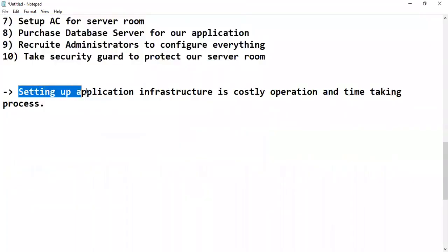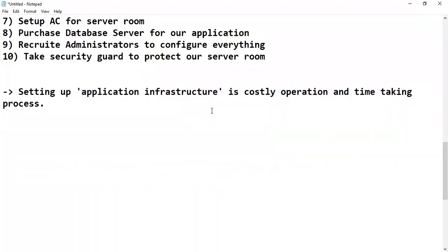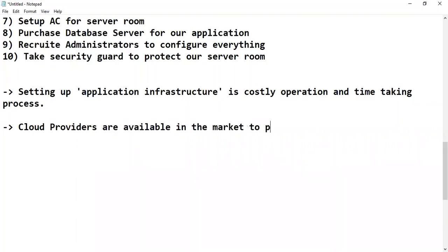Now, setting up application infrastructure is a costly operation and a time-taking process. Cloud providers are available in the market to provide infrastructure for rent. What is the business of the cloud providers? Cloud providers are available in the market to provide infrastructure for rent